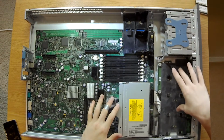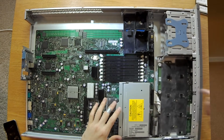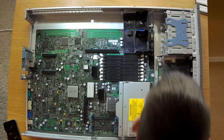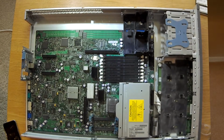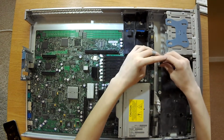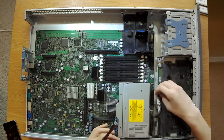Okay, to remove the fan and like front assembly fan board, what you're gonna do is, if these aren't tightened like they are right now, then you can just pull them off. But it seems like these ones are flathead, so I'm going to go get a flathead screwdriver. As it turns out, one of my driver kits is actually just barely big enough. So, put that right in there, and they just unscrew normally. So you're just going to unscrew both ends